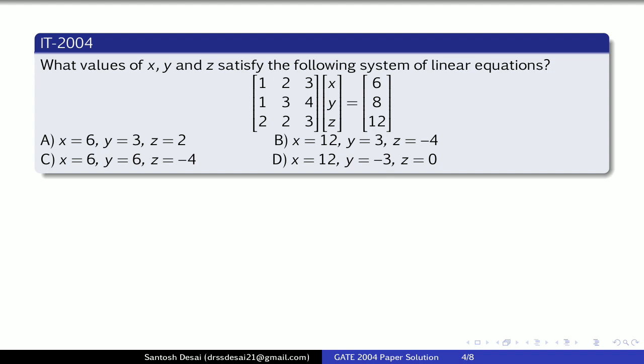Now one can solve these examples by two methods. One is the trial and error method, that is we take option A, substitute in place of x, y, z, take the multiplication and check whether that is equal to the RHS or not. That is a simple method. Another method is to reduce the coefficient matrix to the echelon form and then use reverse substitution, and one can find the solution. So let us consider first the mathematical part.